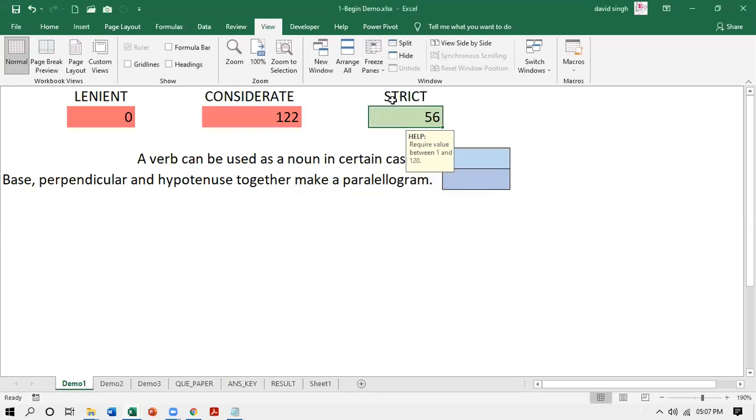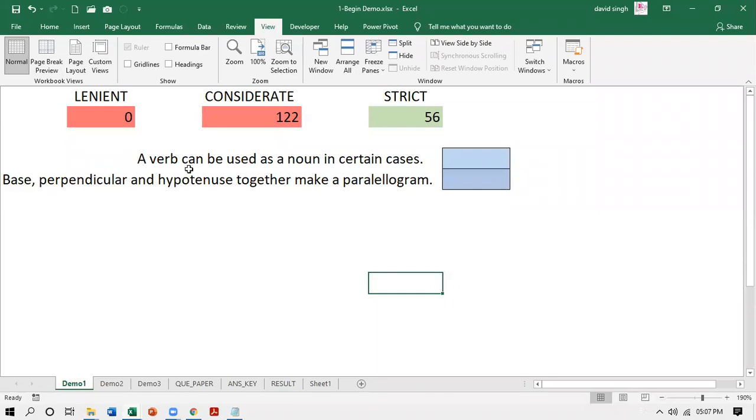So this is a very strict rule. This was a little considerate. It was allowing me to continue with the invalid value. And this was a little lenient. So let us see how this all is happening. Let us see this case also.